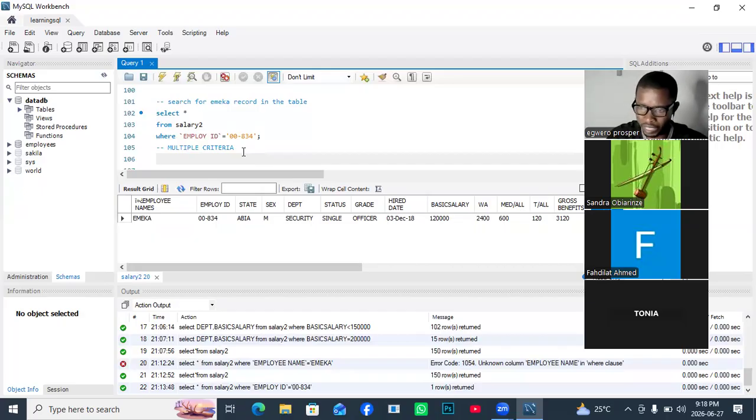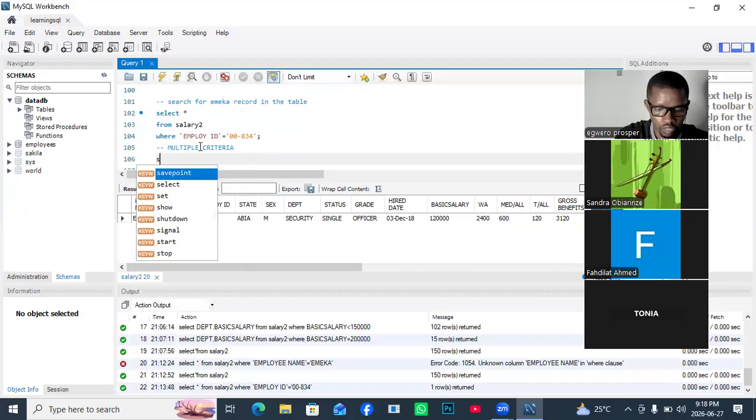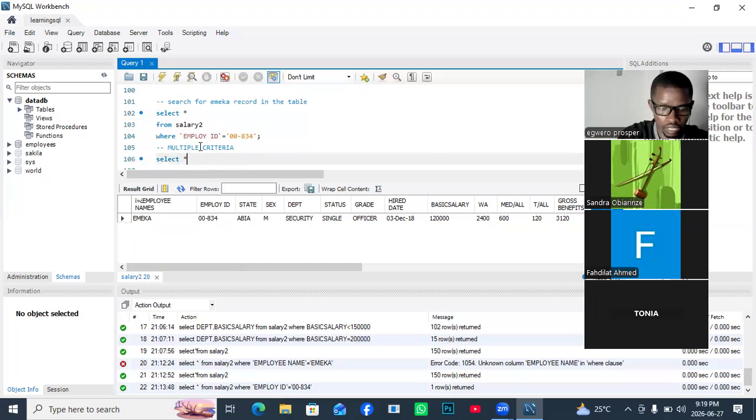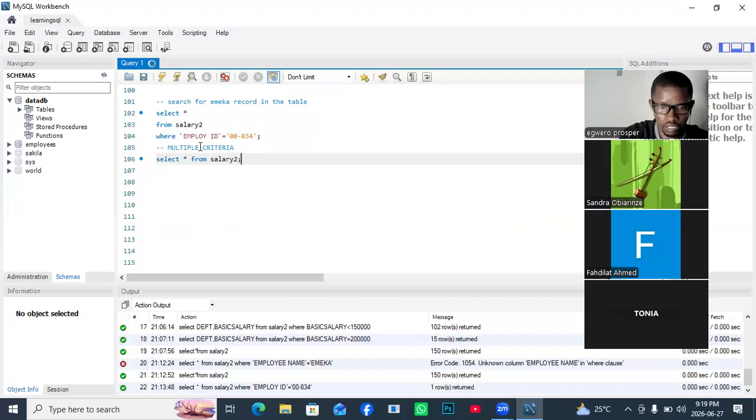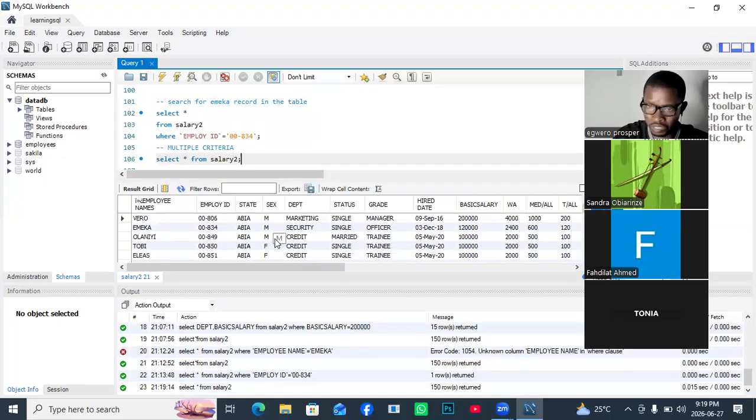For multiple criteria, the first thing I want to do here, for me to get my question right, is to call back the entire data and look at it. This is one thing you should always do. So I can just come here and say select all from the name of the table, so that I can draft my question. Always do this whenever you want to draft your question. So the multiple criteria question here is: